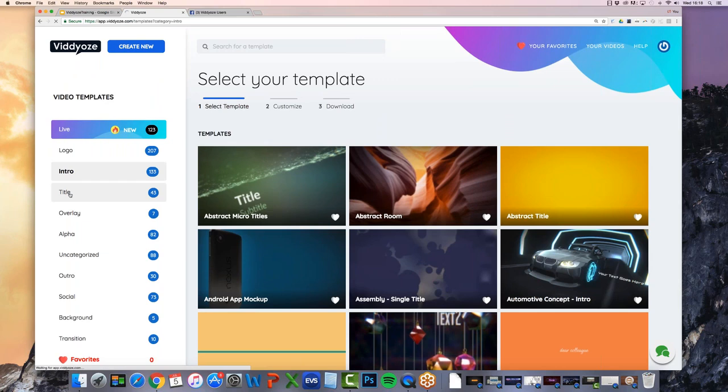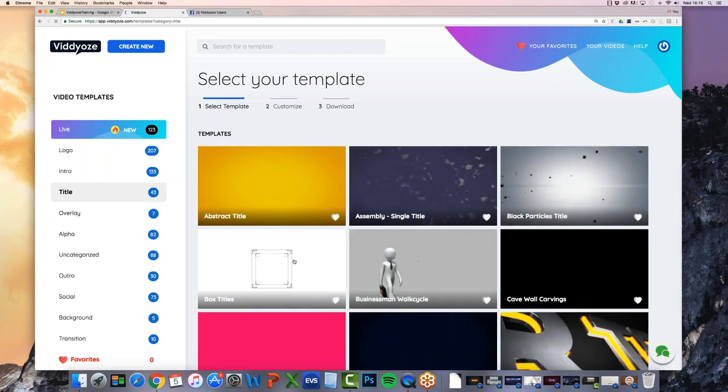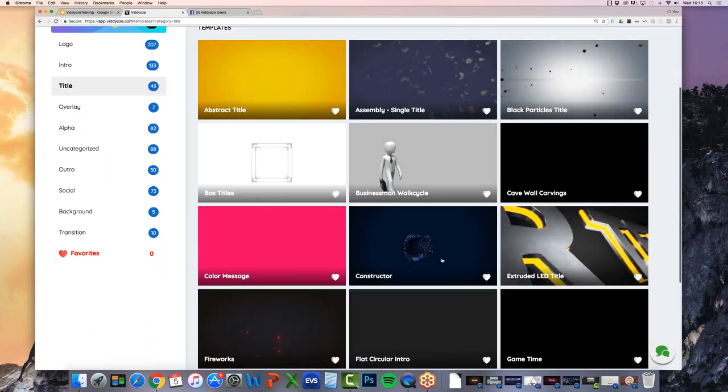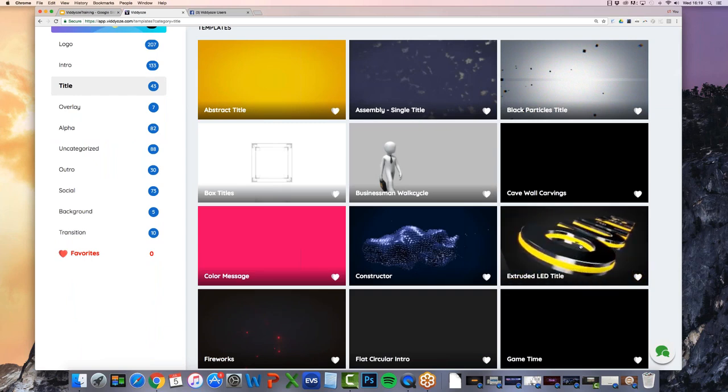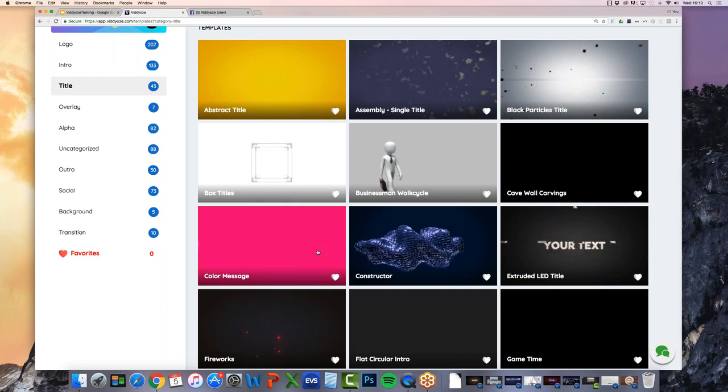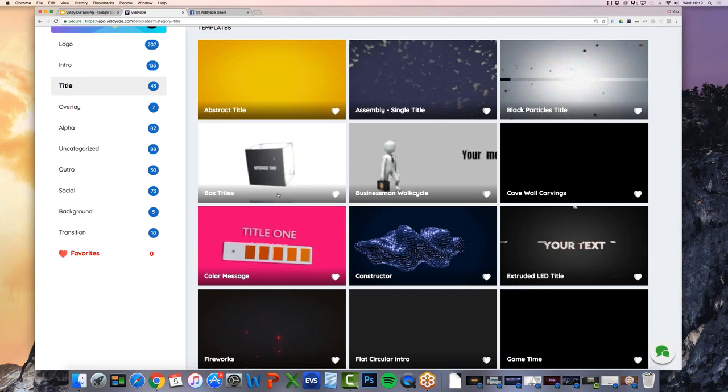Now, the title animations are pretty similar to the intro, so within the title animation category here on Viddyoze, you're going to get all the different animations that are titles. These are all text-based animations that you can type any text in to create full videos at the beginning of your videos. You might even want to use these as outros at the end of your video as well. You might have a call to action. You might have a, hey, sign up for a free massage now, or click the link below now, or click the buy button below. You might want to add a call to action at the end of your videos. These title screens are going to allow you to do that and make it look really professional. And it's going to grab attention, of course, because it's animation.